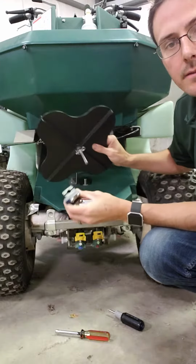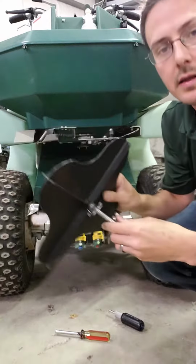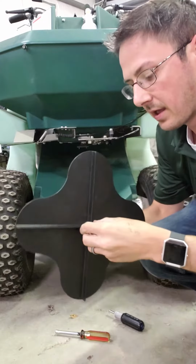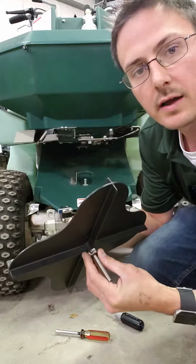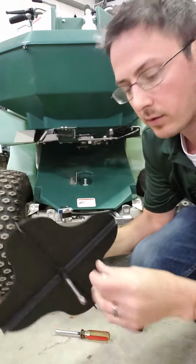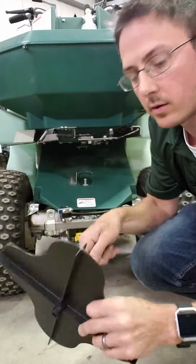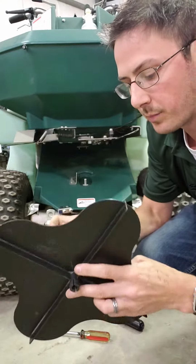Take the shaft block off the shaft, put that to the side, and then you can see here you have a cotter pin. You take that out, and then you have a worm clamp here that you can loosen with a nut driver or flathead. This one's already loose, so just pop that right off, and then you can just slide the platter right up the shaft,